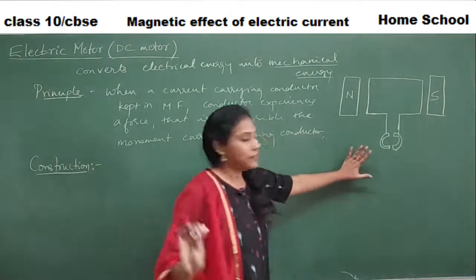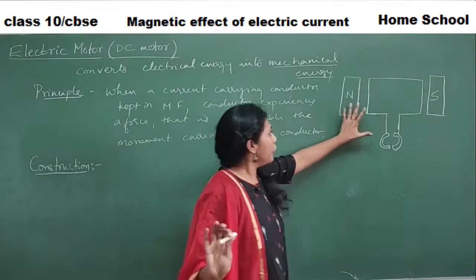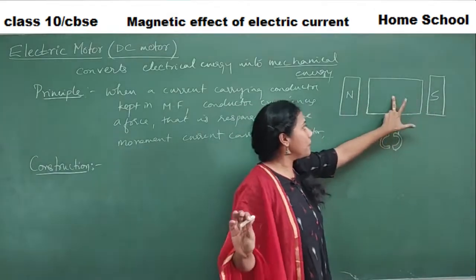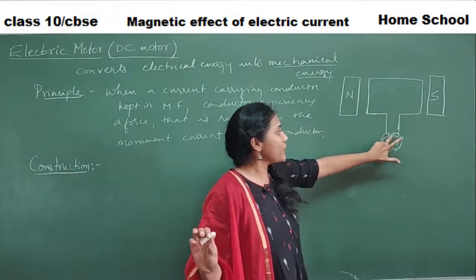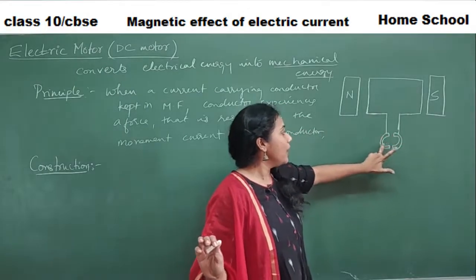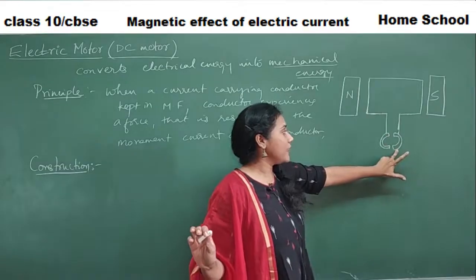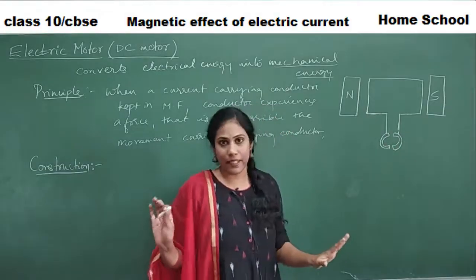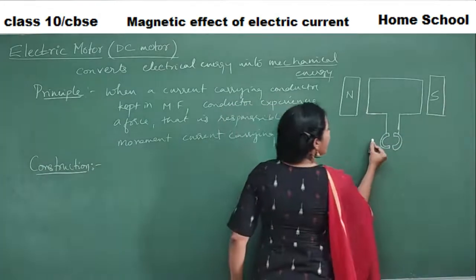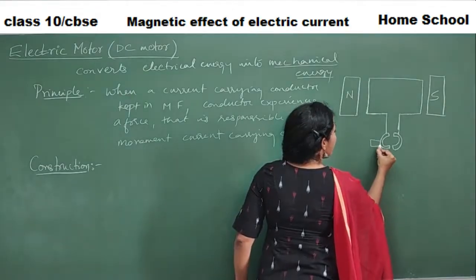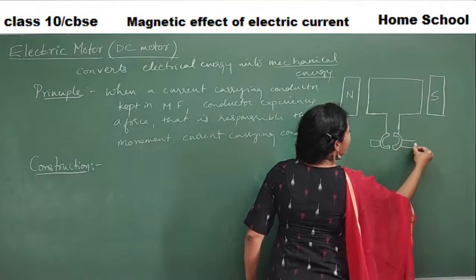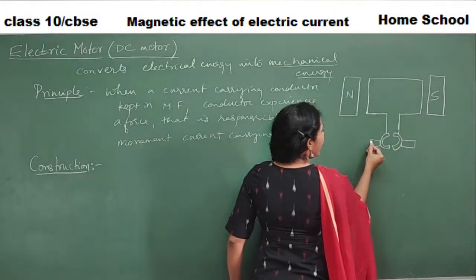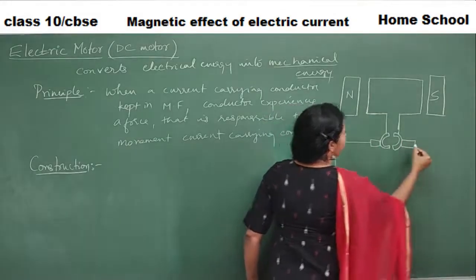Clear? Very simple, right? So two rectangles you have drawn, one more big rectangle at the center, and you put two straight lines for that, and two straight lines connect to half moon like structures. They are actually called split rings. And here you put two boxes, attach them to the split rings, and from here your circuit starts.